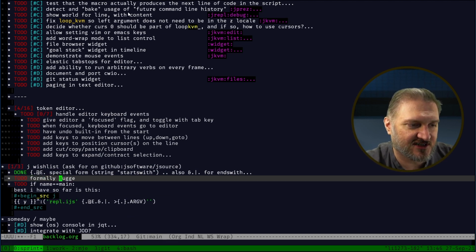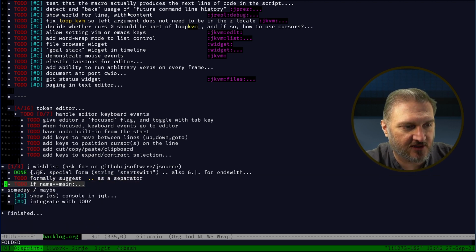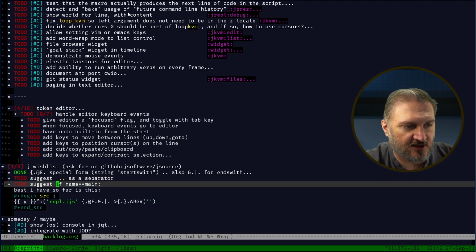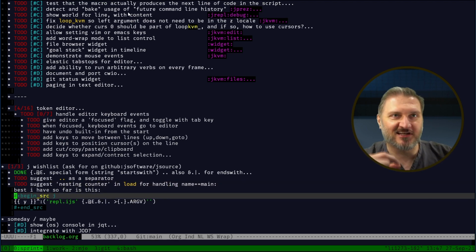So formally suggest double dot as a separator. That's one thing. Suggest a flag in load or a counter, like a counter stack, a nesting counter in load for handling name equals main. Then you would test that counter and say, am I loading? So am I being loaded into another namespace? If so,